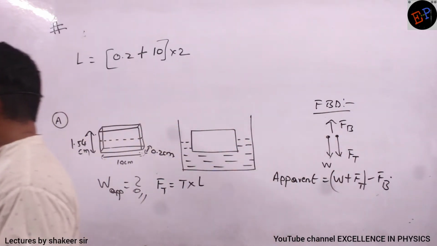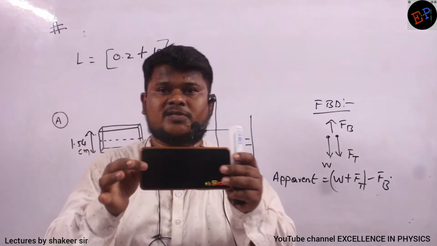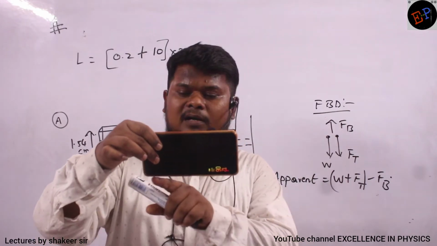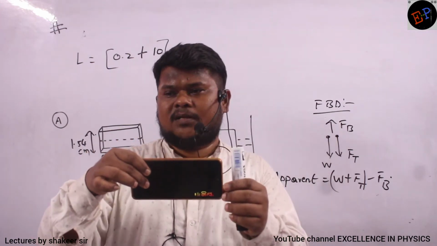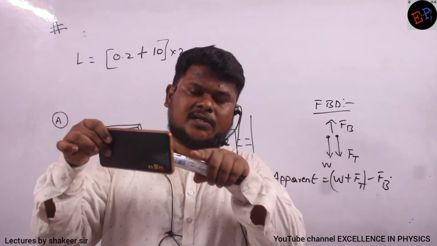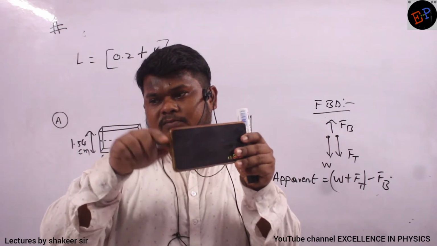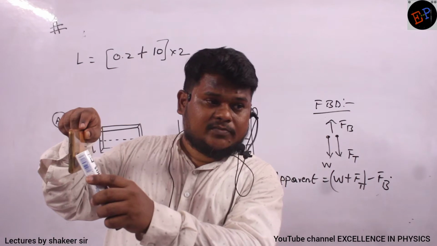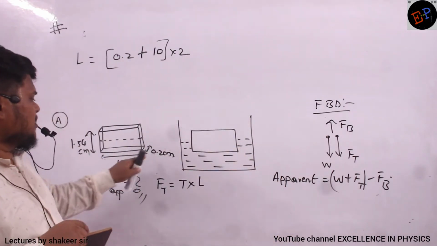Ma? See, ma, for example, this is the plate which is immersed in water. Okay? Half of the plate is inside water and the longest side is inside water. And half of the plate is outside water. So where water molecules are touching? Water molecules are touching here, no? Water molecules are touching here also, no? Water molecules are touching like this, no? Water molecules are touching at the back also. Okay? So breadth is how much? Breadth is 0.2.